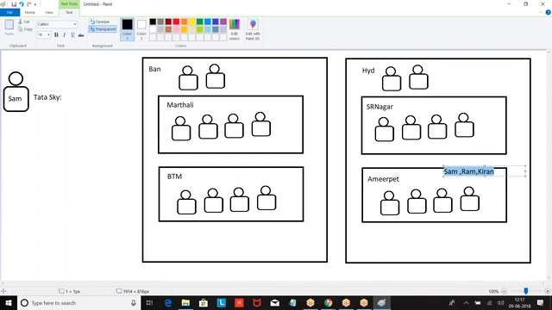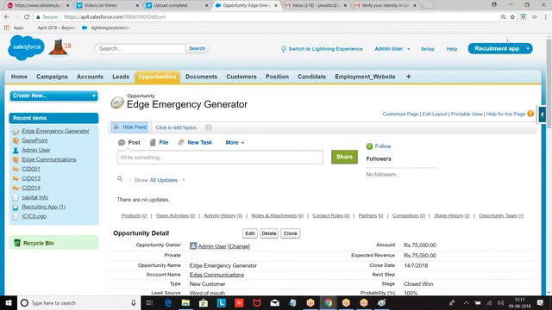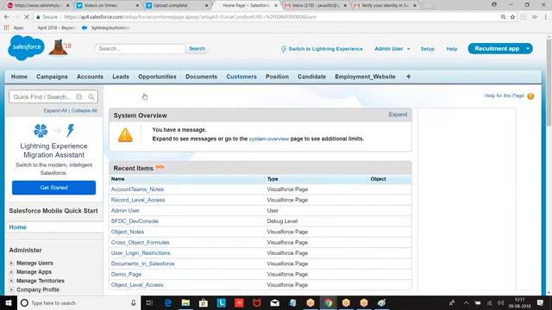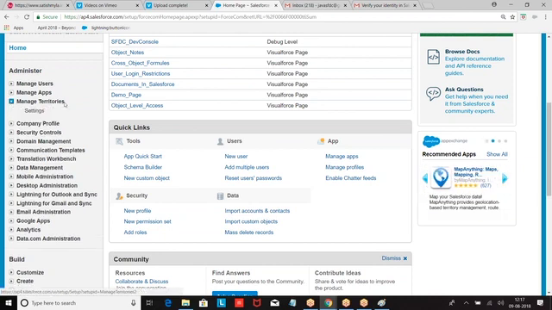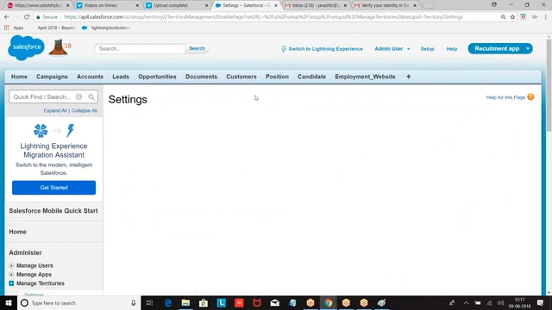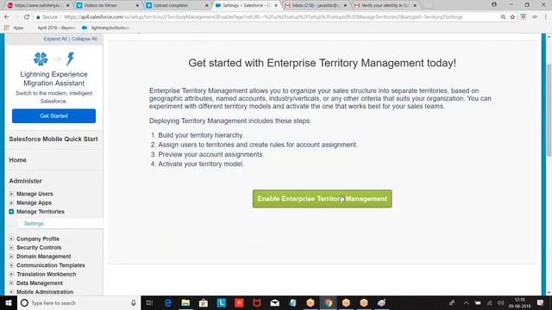Now look at this, how you create it. Setup, Administer, Territory management, Settings, Enable.